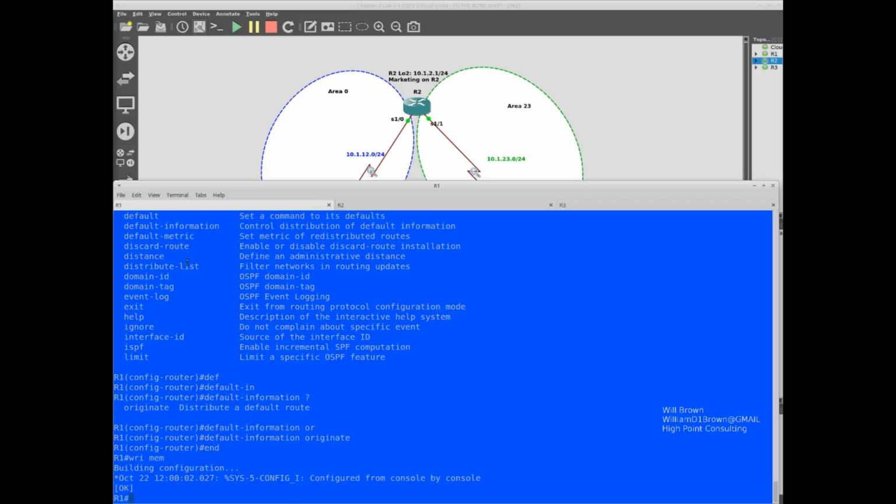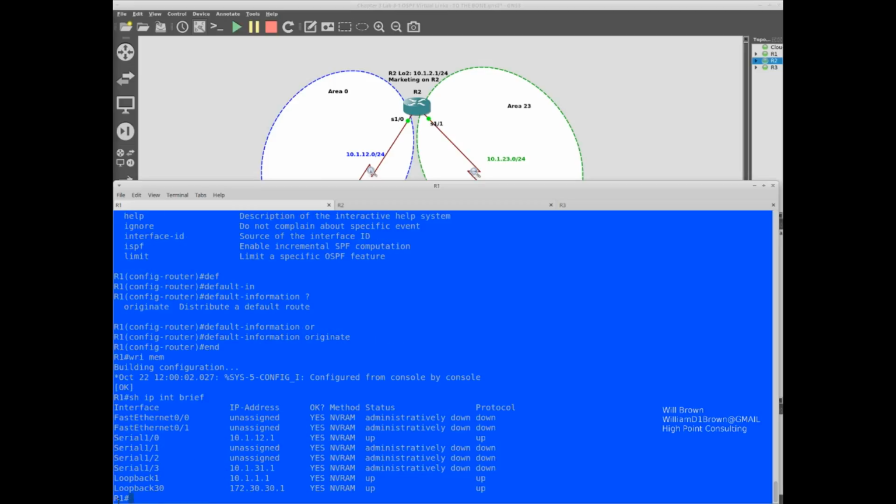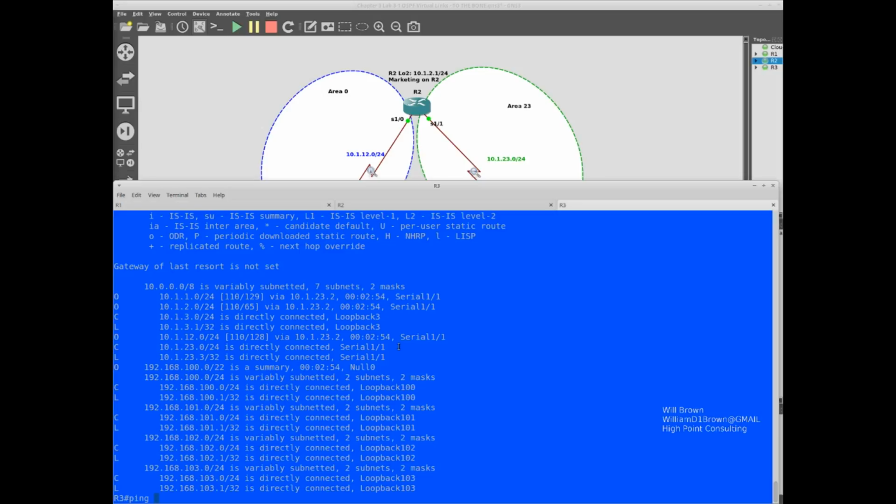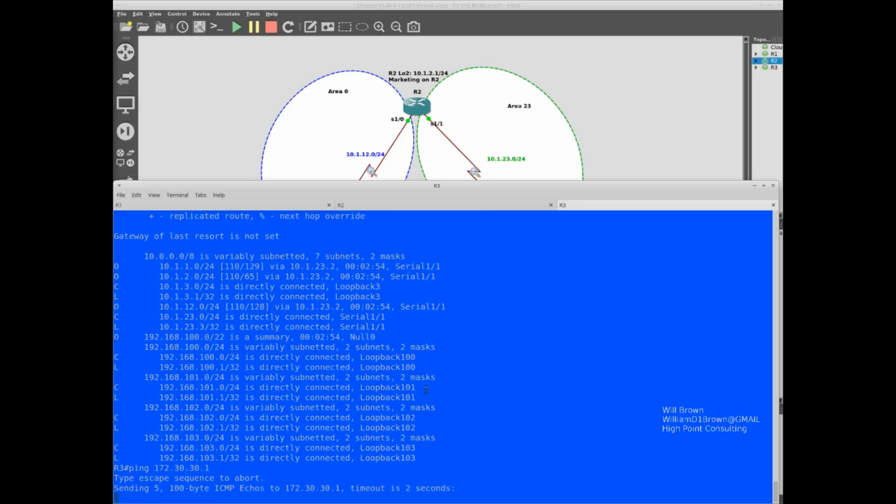So let's do show IP interface brief on router 3, and this loopback 30 is to be our network to simulate our network connectivity. So can I now ping that network from router 3? And so far I cannot.